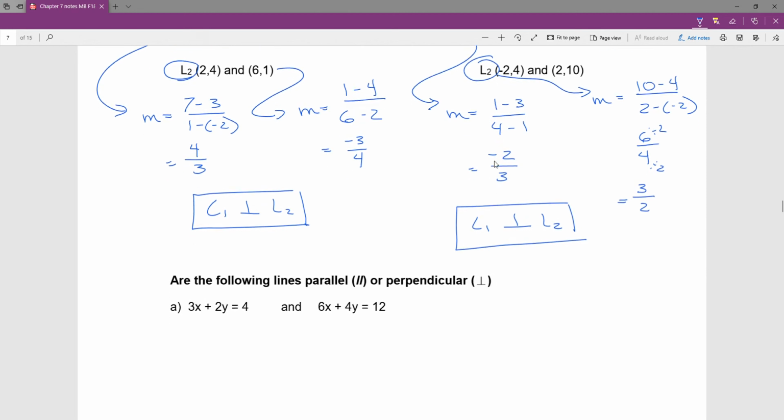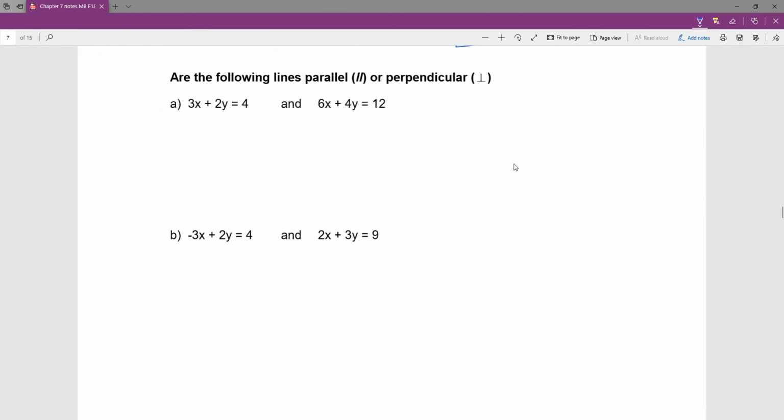So the next ones are going to give us other pieces of information about two different lines, and it's going to ask, are the lines parallel, perpendicular, or are they neither of those things? Because we know if they're parallel, they have the same slope. For perpendicular, they have the upside down opposite slopes. And so in these ones, I think the easiest way to get there is to put it into